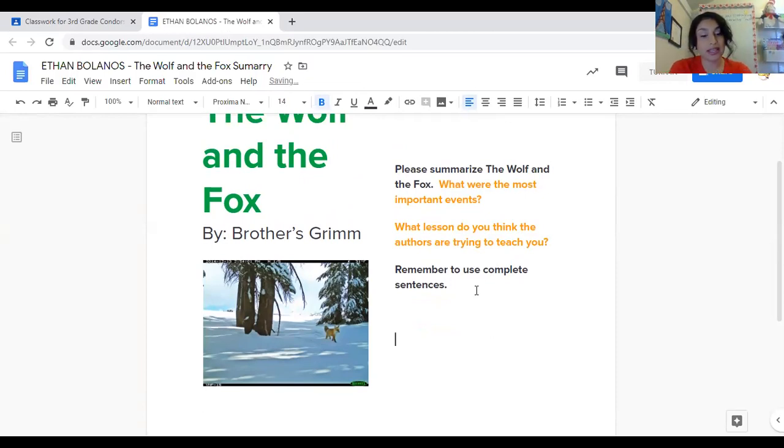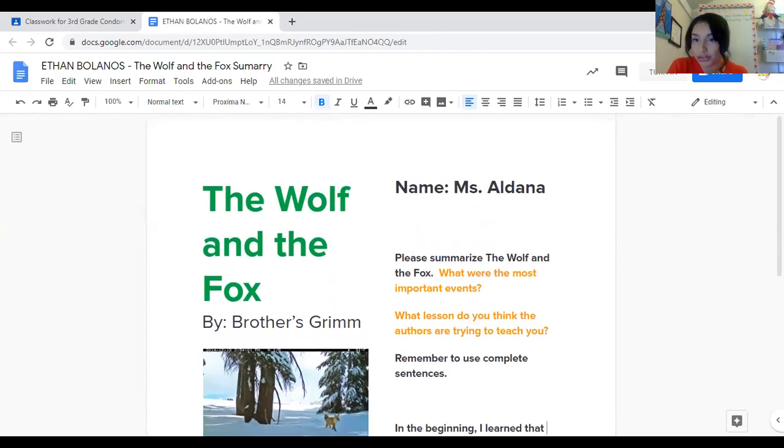So I would say in the beginning, I learned that, right? And then we're going to go ahead and continue. In the middle, in the end, the authors are trying to teach me blank. Once you are done, friends, with all your assignments, this is what I forgot to say, you must turn it in. Turn it in, okay? So that I can grade it and I can give it to you and I can give you comments. I can do it even if you don't turn it in, but I really need you to turn it in